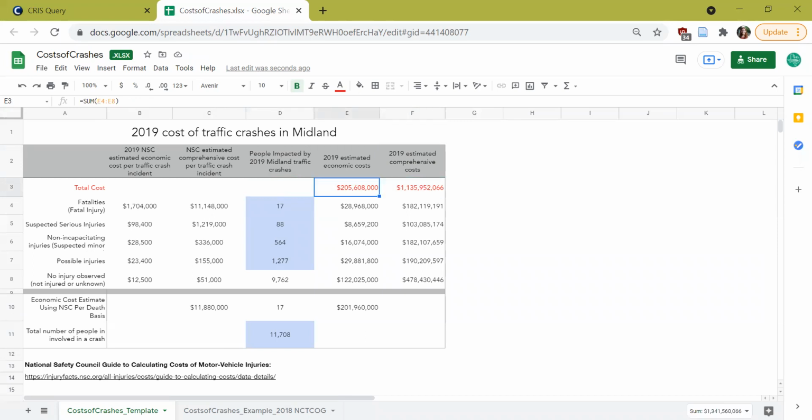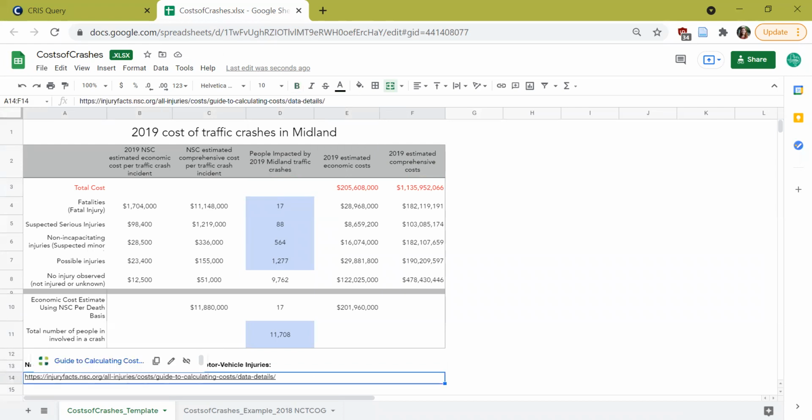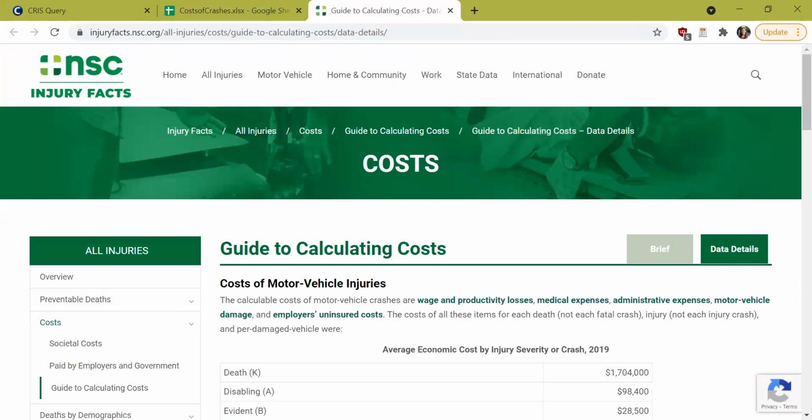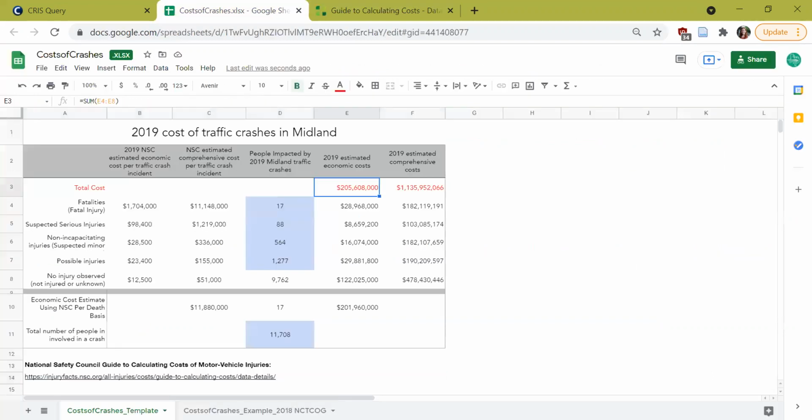And to explain a little bit of the difference, this one is economic cost, whereas this one is comprehensive cost. And you can see they're very different numbers. So I'm going to go down here to the National Safety Council, and we're just going to click on this link because this explains well the difference between those two. There are just different things that go into calculating those two costs. So the economic cost is calculated by wage and productivity losses, medical expenses, administrative expenses, motor vehicle damage, and employers' uninsured cost. So that's what this value is,